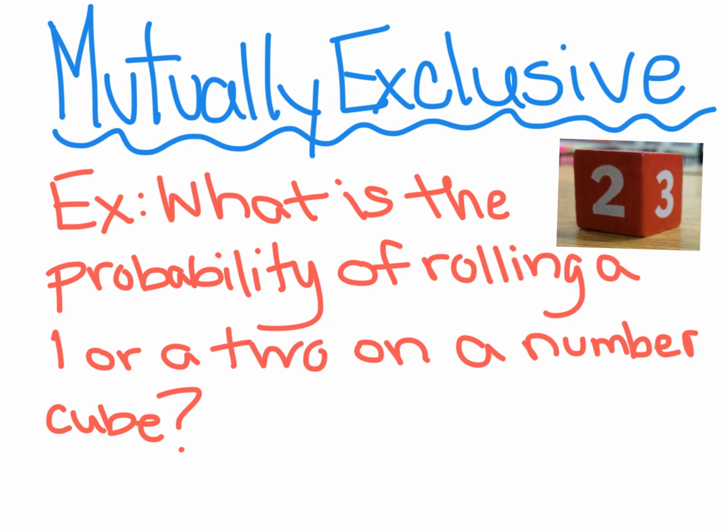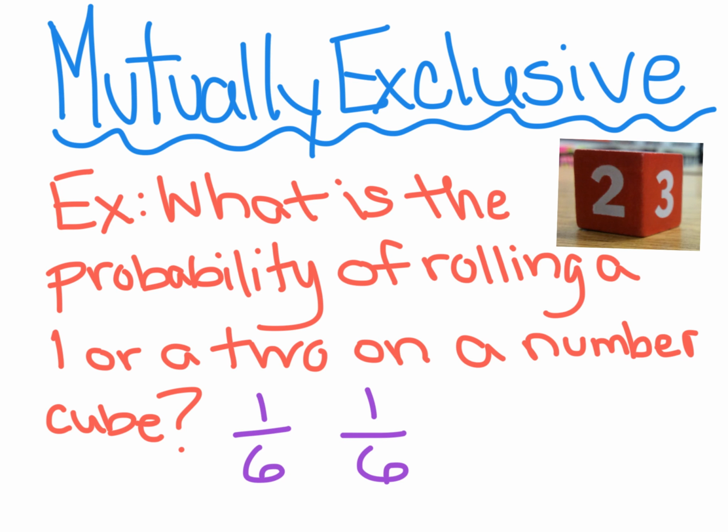What is the probability of rolling a 1 or a 2 on a number cube? So these are mutually exclusive events because I cannot roll a 1 or a 2 at exactly the same time if I'm only rolling this number cube one time. So the probability of rolling a 1 or rolling a 2 would be shown as, well, rolling a 1 would be 1 out of 6 because the number cube has 6 sides, and rolling a 2 would also be 1 out of